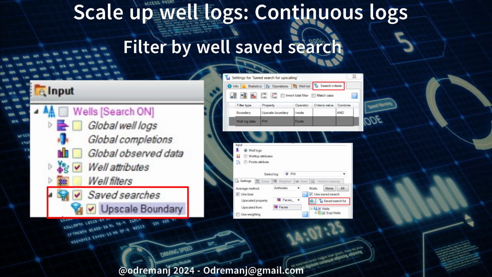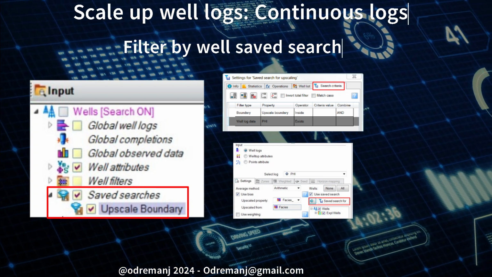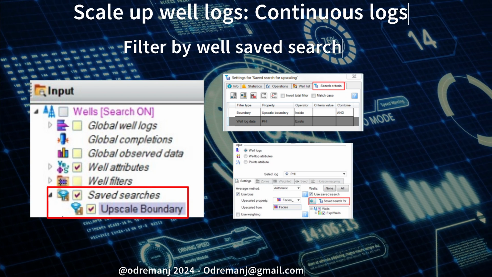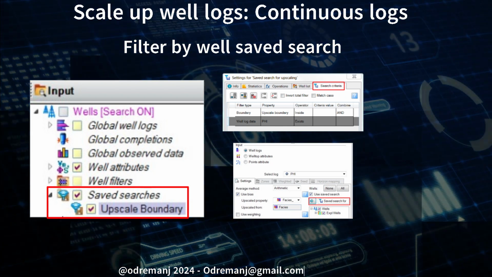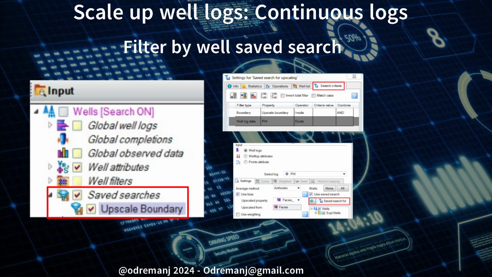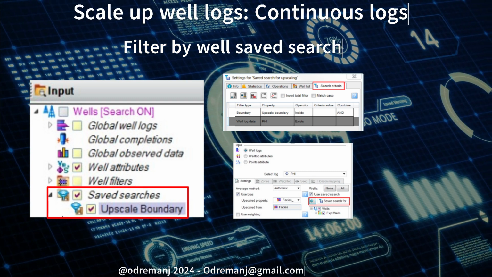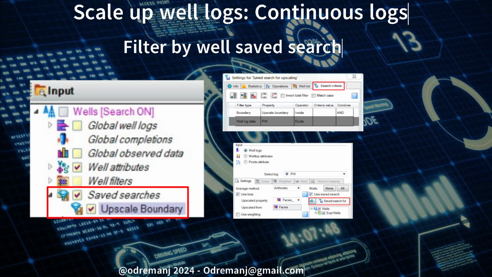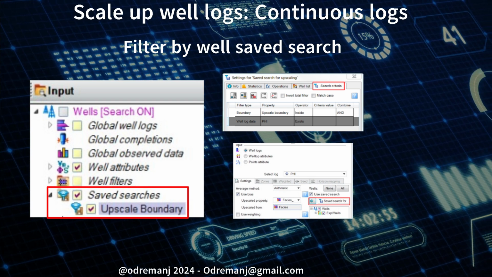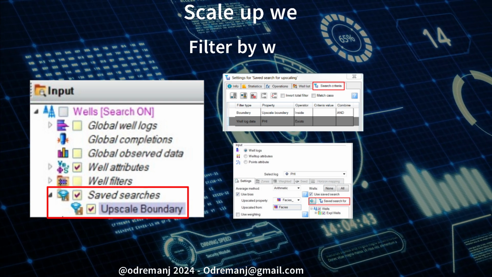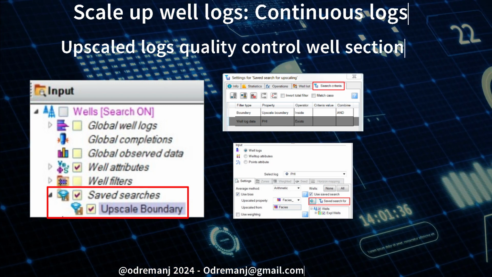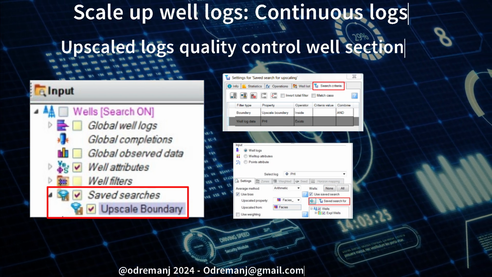The search criteria allow users to focus only on wells that meet certain conditions, ensuring that only relevant data is used during the upscaling process. In the settings, you can define filters, e.g., upscale boundary and well log data, to control which wells to include, streamlining the data selection process. This feature helps manage large datasets, improving accuracy and efficiency by focusing on the most relevant wells for your reservoir